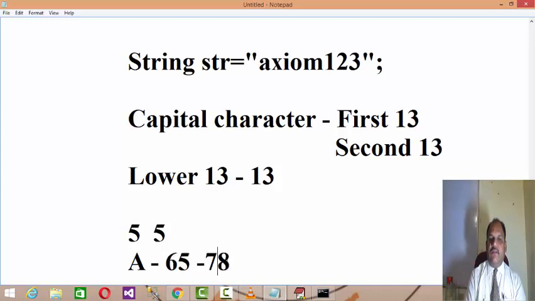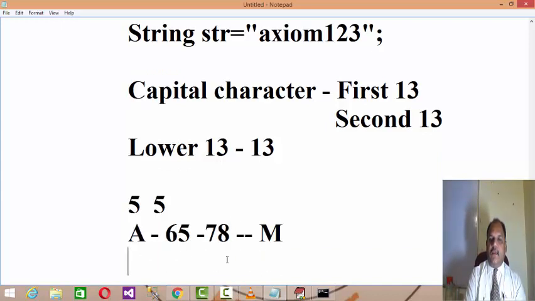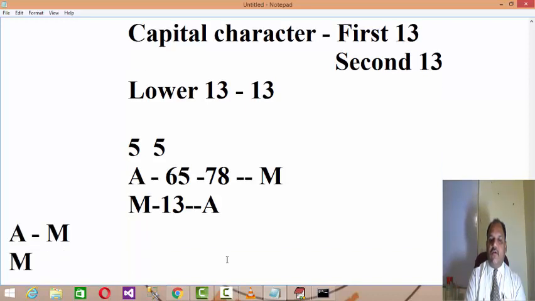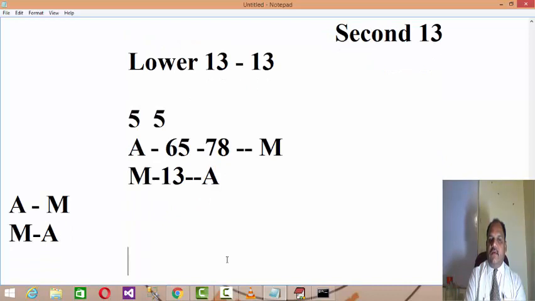If it comes in the first range, you add 13 so that it becomes M. And if it is coming in the range of the next 13, you subtract 13 from it, so it becomes A. Whenever there is an occurrence of A, you replace it by M, and whenever there is an occurrence of M, you replace it by A.